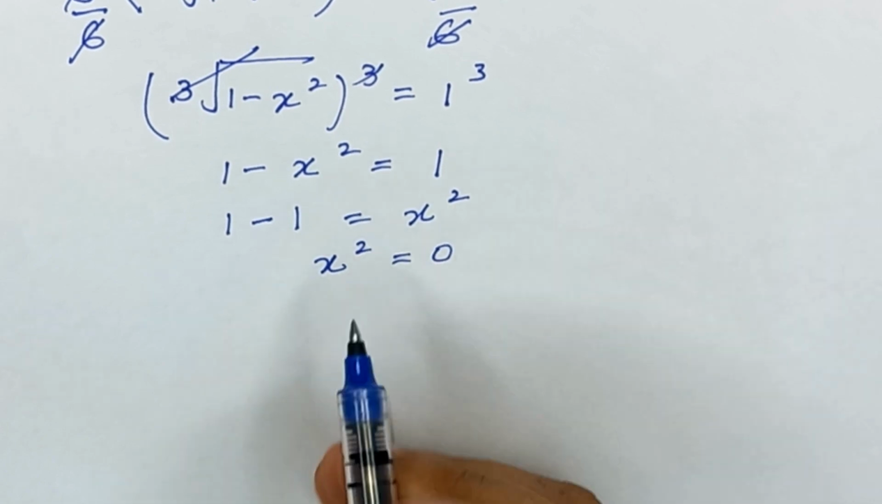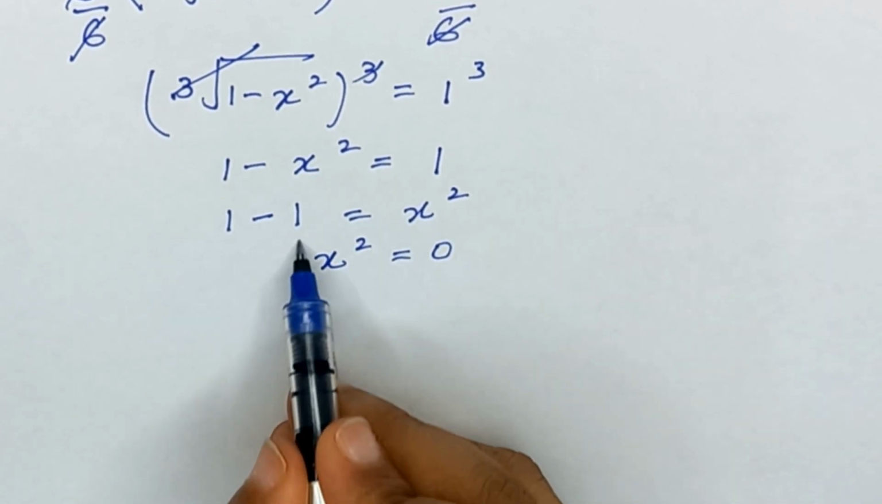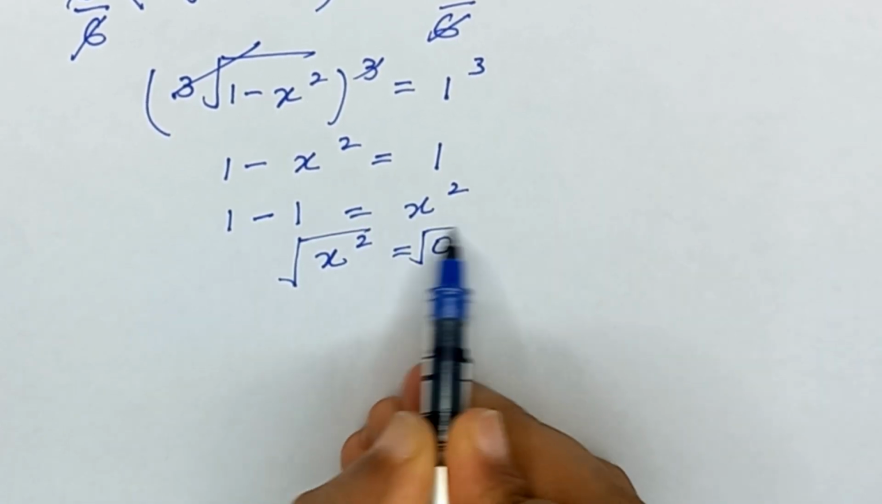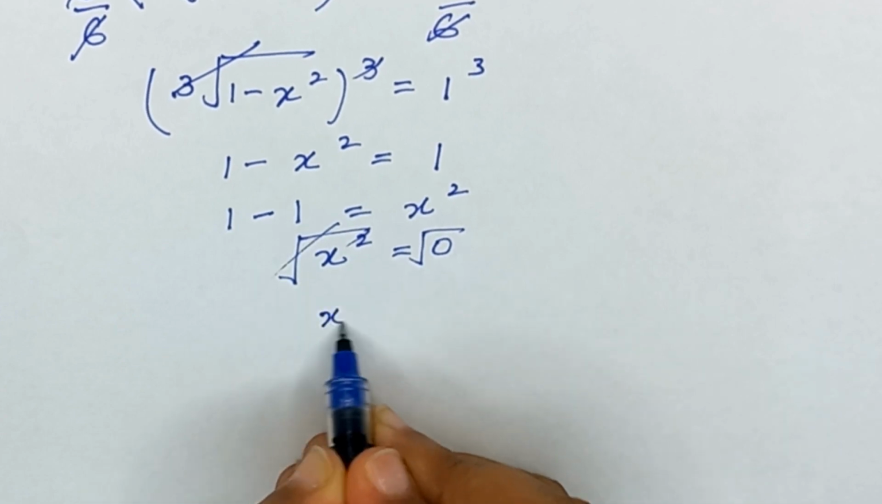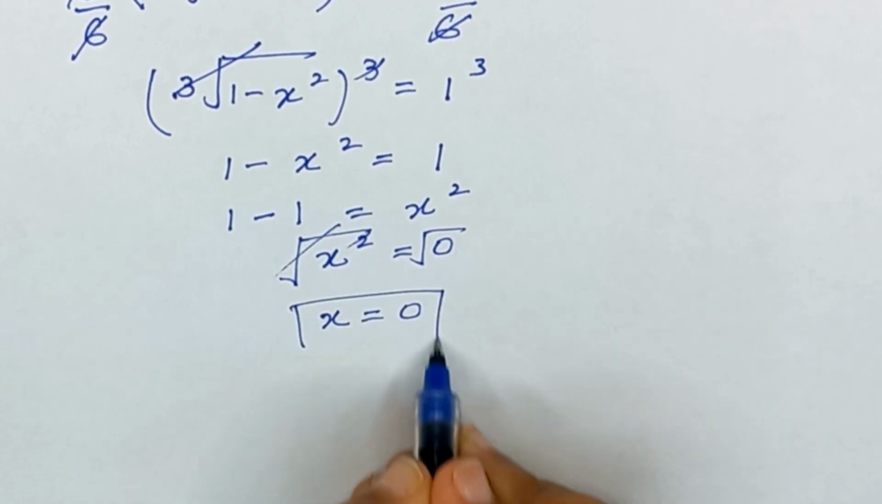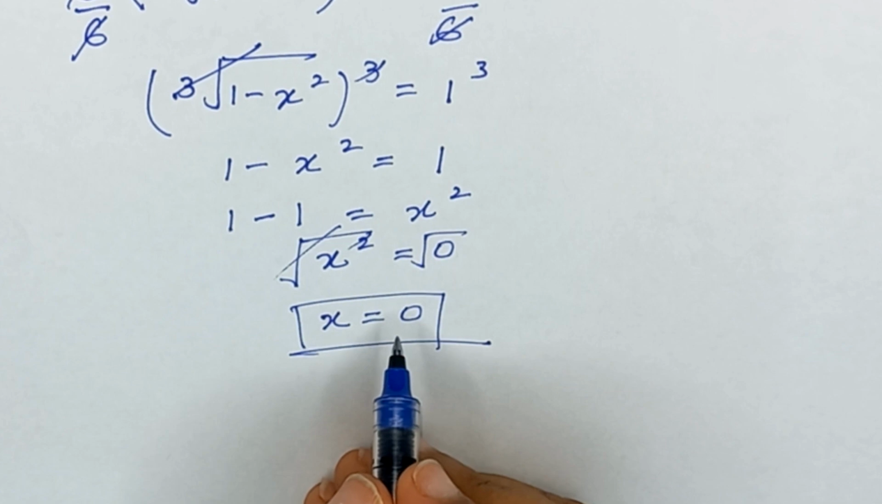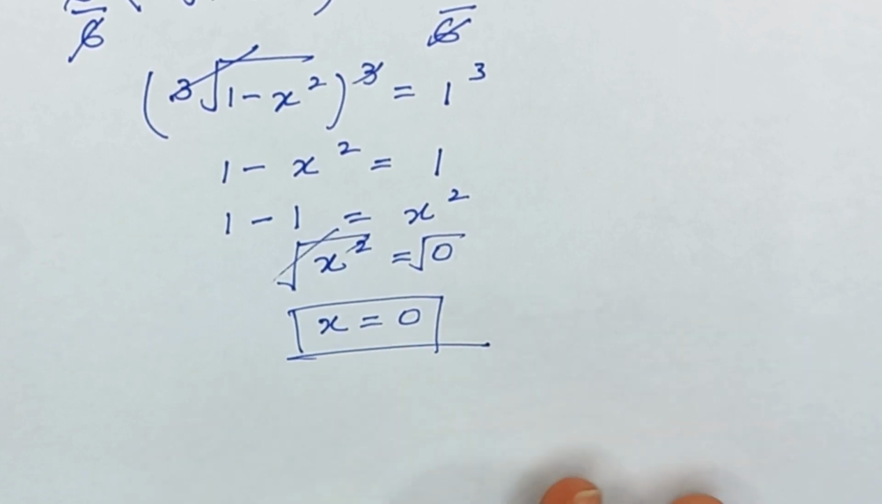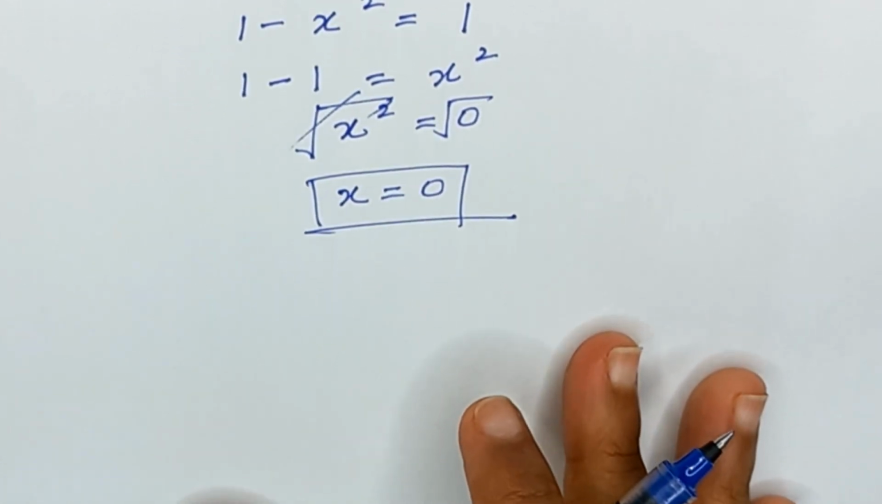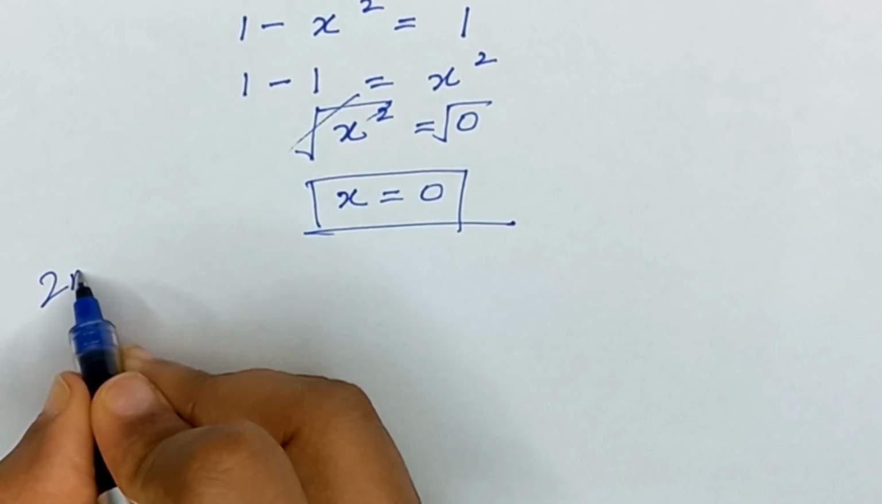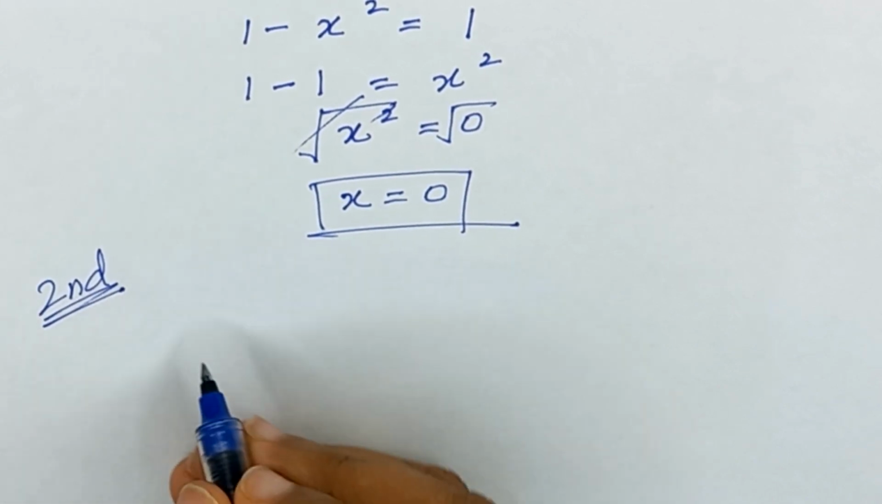We have to find the value of x, so I will remove this square, taking square root on both sides, so x will be equal to 0. So the value of x is equal to 0. Now I will solve this question with another method. The second method is,